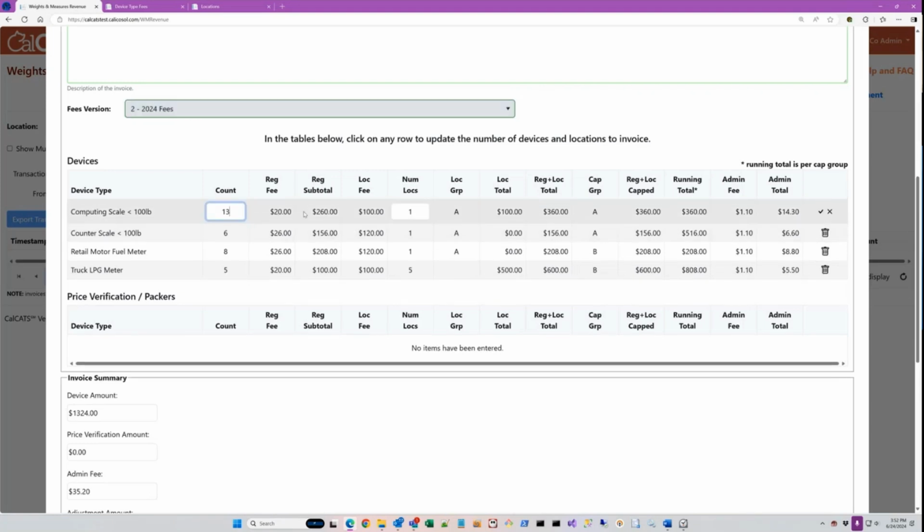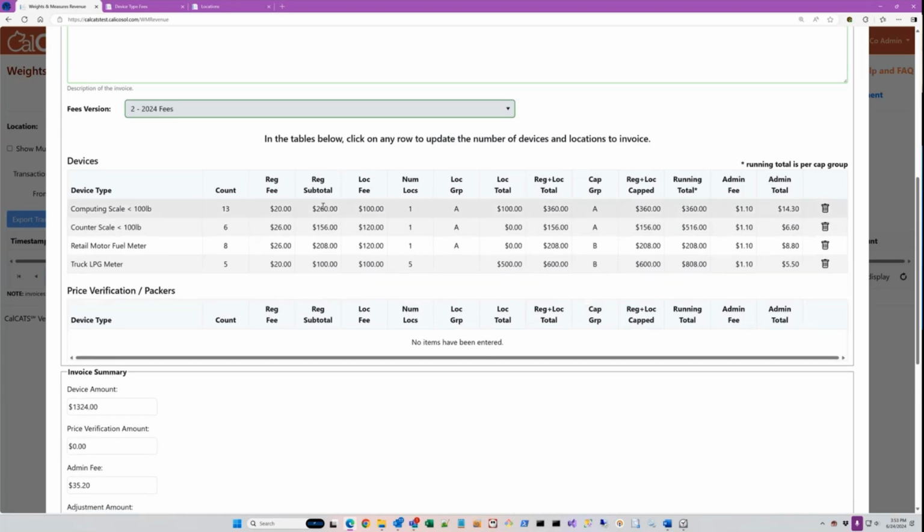And it shows me some calculations. So the first calculation it shows me is registration subtotal. Okay, so 13 times $20, $260. Then it shows me location fee and the number of locations that we have, then the location cap group, and then the total location fee applied. So what does all that mean? Well, I didn't update the location fees for all of them. So this one has 100 and this one has 120,